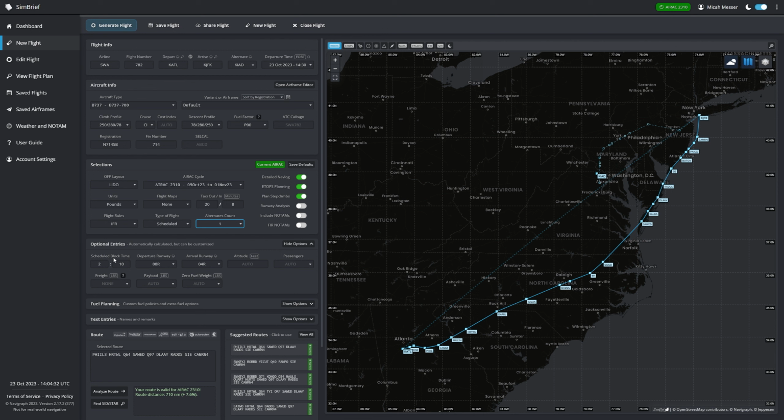Now we're on the subject of time. Let's quickly revisit something at the very top. You have this option of departure time. Departure time is the time at which you're estimating you're going to be pushing back from the gate. It's important that you get this as close as possible to what you're actually going to be doing. If we're planning a flight right now and it's 1404 UTC, as it says down here in the lower left-hand corner, now